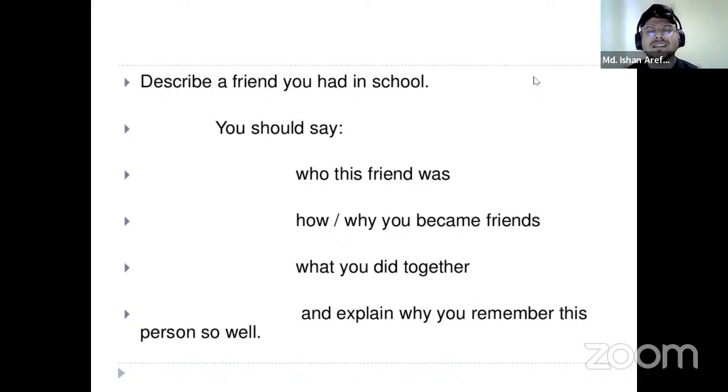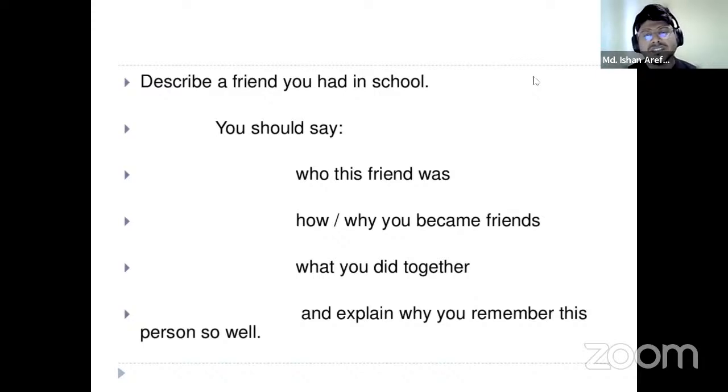So making sentences or making ideas concurrently. So when you see the topic, you have to make ideas in real time and talk about that topic, because most of the time the topic will be unfamiliar to you. That will be a new topic, and you have to talk about the topic without any prior ideas. So you have to make your ideas in real time. So you have to work concurrently.